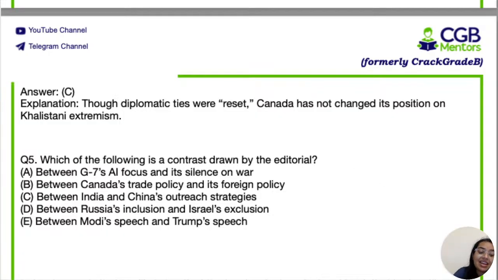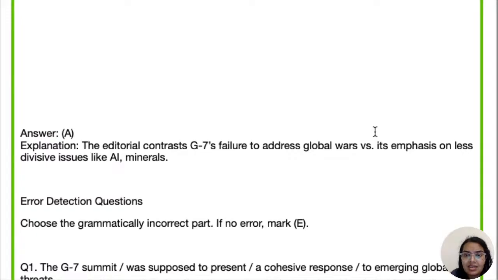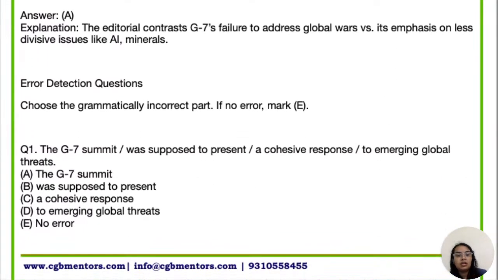The fifth answer is A. Finally, which of the following is a contrast drawn by the editorial between G7's AI focus and its silence on war? ओके, तो ये जो है ये AI focus and all नहीं हो पा रहा है. So they have given less importance to AI minerals and at the same time failed talking anything that is war related. तो करा क्या फिर? So A is the answer. Foreign trade policy वो भी तो डिस्कस नहीं हुई, because US तो वहाँ पे वैसे भी यूनिलैटरल स्टैंस शो कर रहा था, है ना. 7th question,